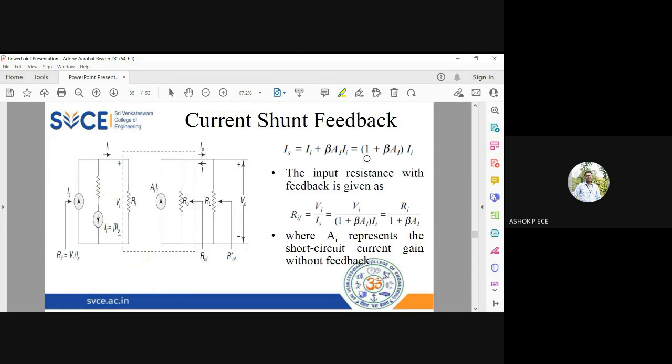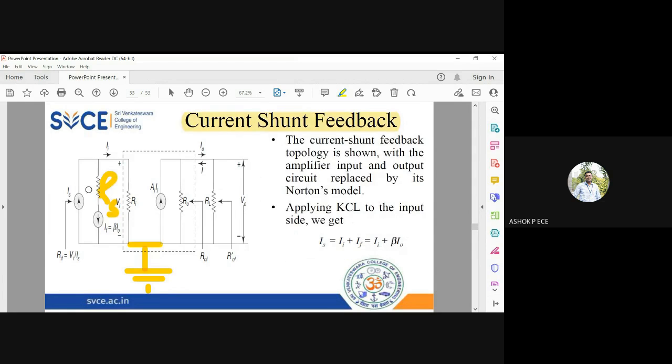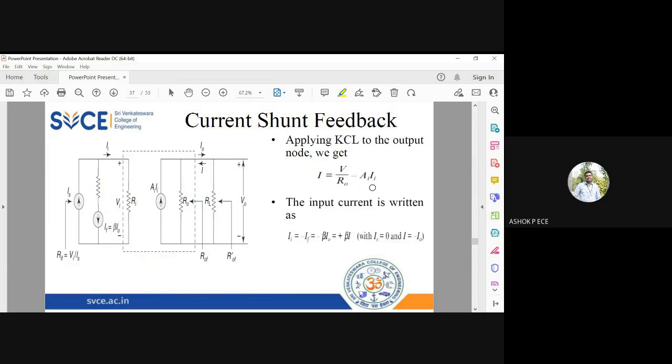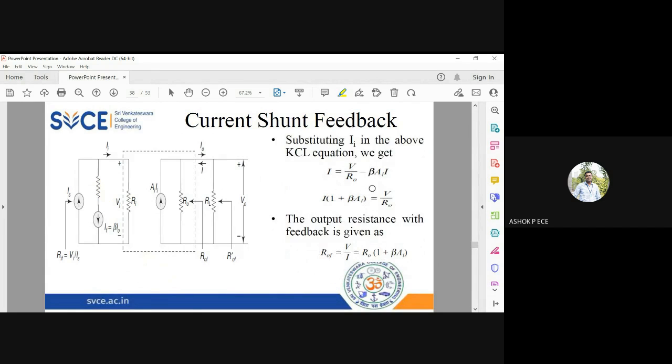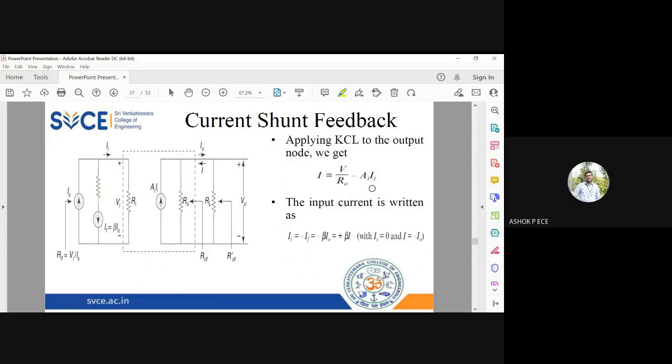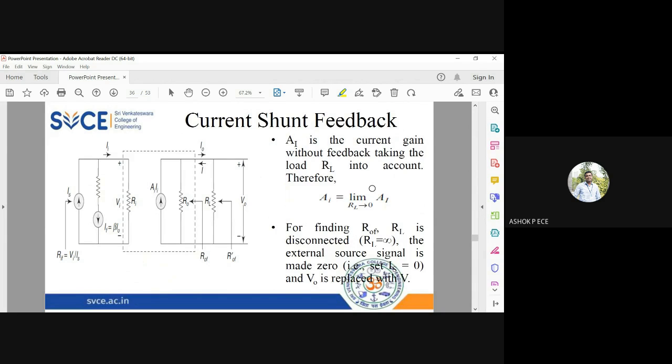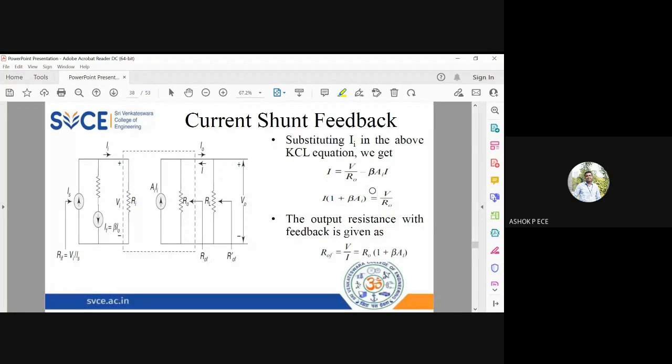In current shunt feedback, since the input also has a shunt, the input resistance will decrease. The output also has parallel components, so the output impedance will also decrease. So in current shunt feedback, both of them will decrease. Is it correct? So on the input side I have shunt, and on the output side I have